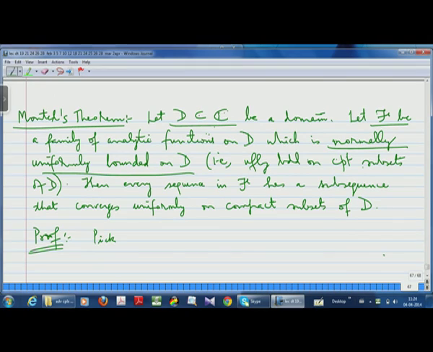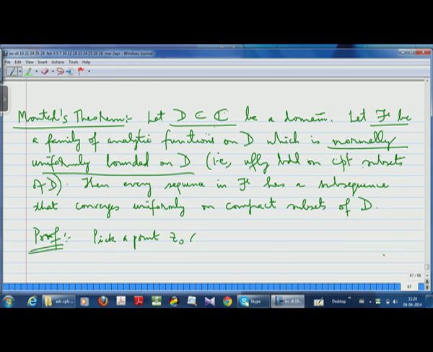So it's uniformly bounded when restricted to any compact subset of D, and I have to show that given a sequence in the family, I must be able to get a subsequence that converges uniformly on compact subsets. Okay, and the first thing I will show is that equicontinuity is automatic. So for that, pick a point